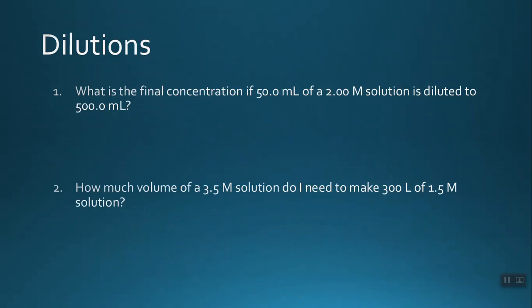Number 1, what is the final concentration if 50 milliliters of a 2 molar solution is diluted to 500 milliliters? So you want to set this up as M1V1 is equal to M2V2. The first thing that you want to look out for is, well, which molarity and which volume will pair up? Because I would say that's the common,